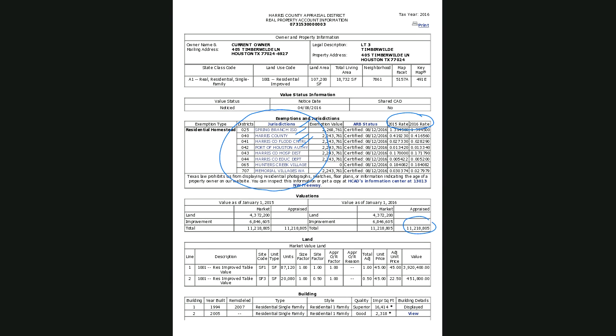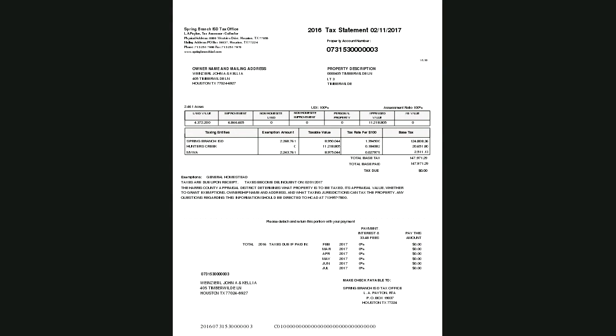So this is just some general information that is found at the appraisal district for Harris County, which is the government entity that is responsible for valuing your property. This appraised value down here, that's the ad valorem. That's the value of the property that's being taxed. So just in case you're curious,